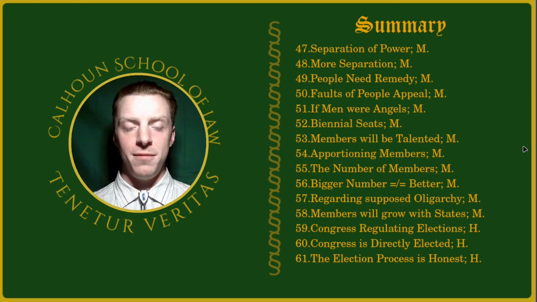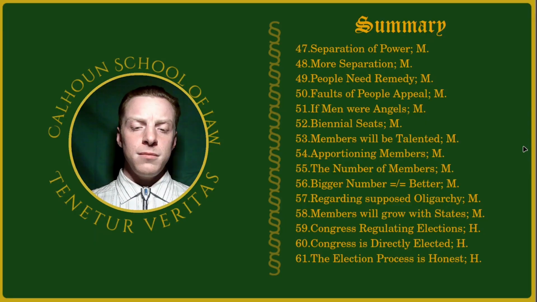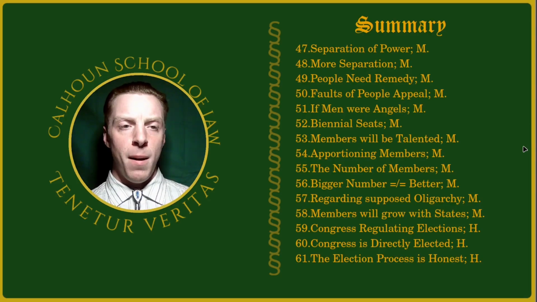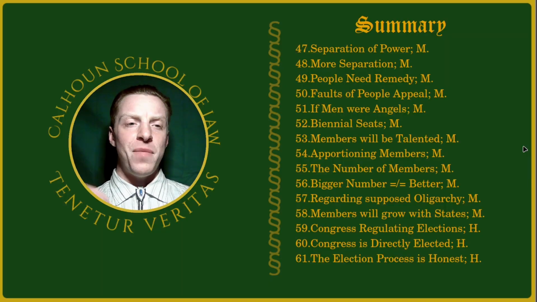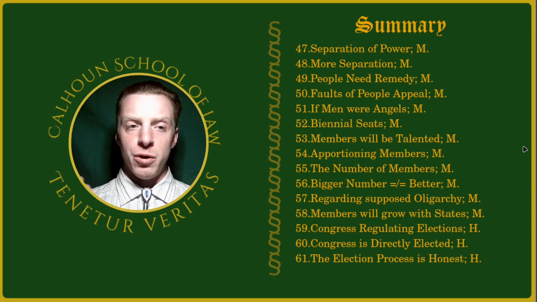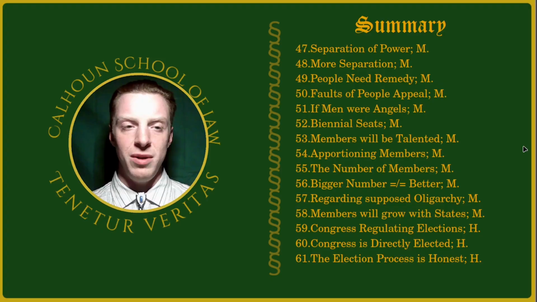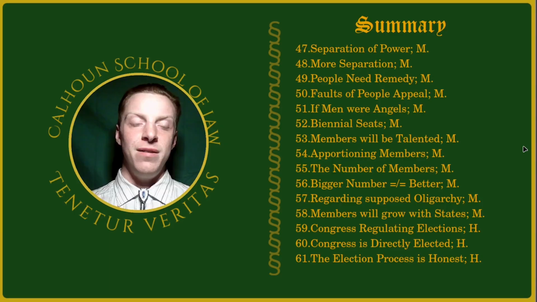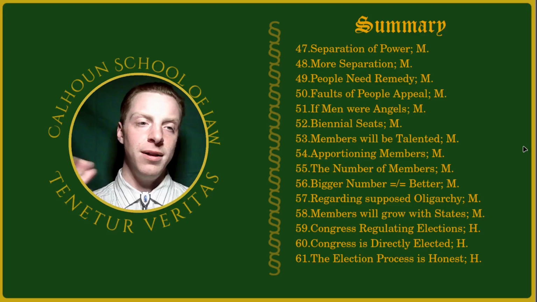49, people need remedy. So now he's discussing the modus operandi by which the citizens of the states can actually impose not just their liberty, but also the aspects of the U.S. Constitution that are designed to protect their liberty. How do they go about doing that? He provides multiple avenues. First, you go to the courts, which is more of a courtesy because the courts are always going to side with whoever writes their checks. You can't get the courts, then you nullify. If you can't get nullification, then you secede.